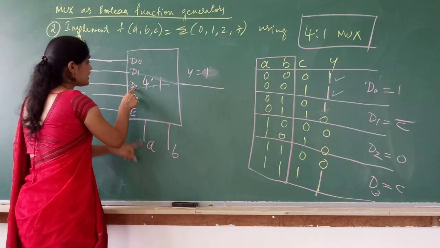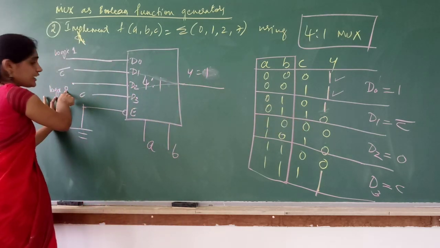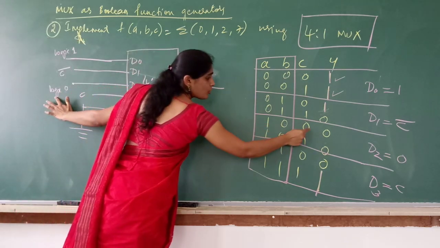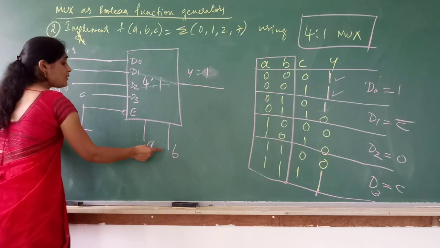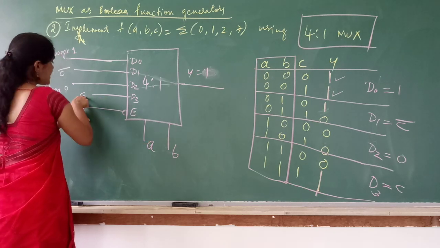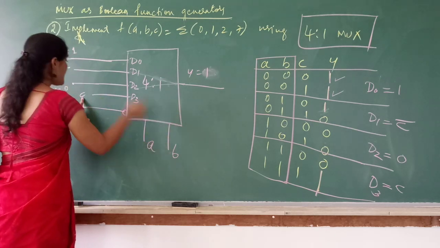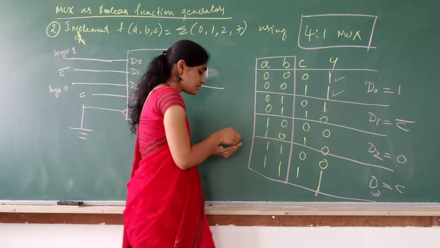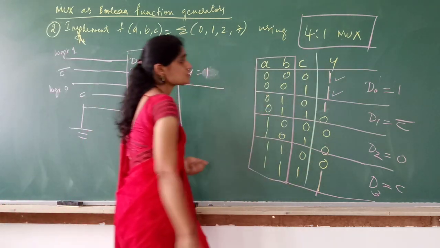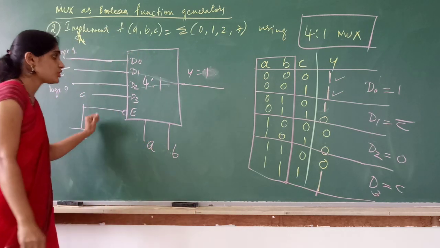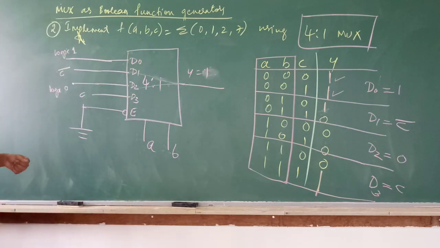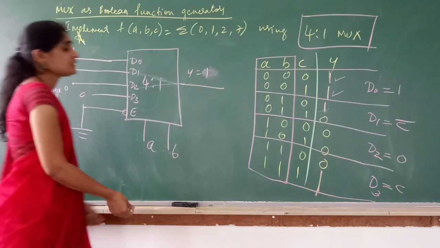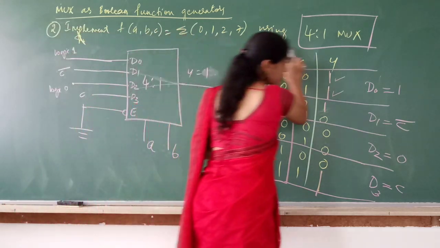1, 0. D2 is connected. What have you connected to D2? 0. So for 1, 0 with both values of C, output will be 0. 1, 1, C: 1, 1, 0, output is 0. 1, 1, 1, output is 1 as D3 is same as C. Okay. So this is your truth table and this is how you are going to analyze and connect the suitable values to your lower order multiplexer. Okay. Fine. The other method is OR.